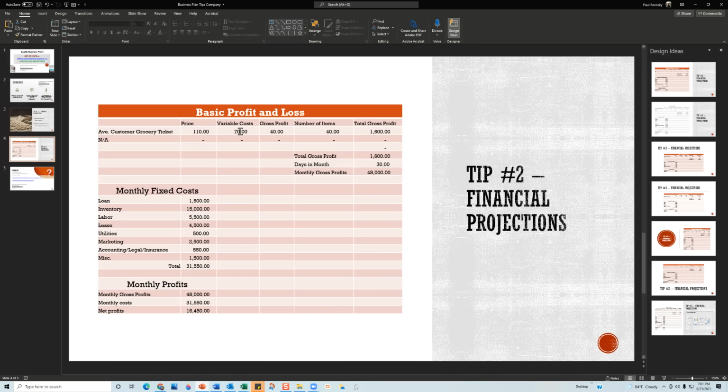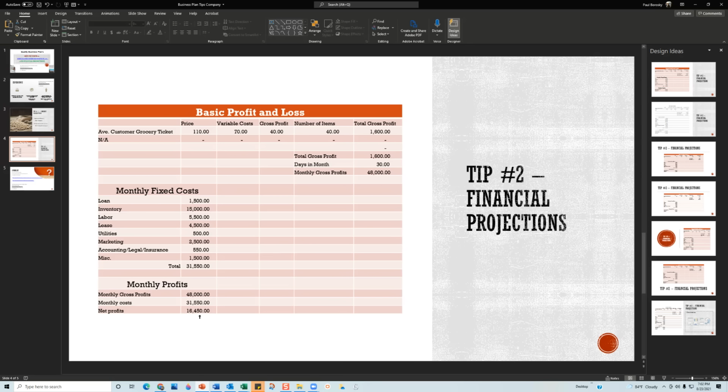We can also change our variable costs, or we can change the number of customers. Whatever variables we need to change, we can change our monthly cost as well. We can just simply go in there, change the number, and if this model is constructed and works properly, we're going to be able to immediately see what our net profits are going to be,